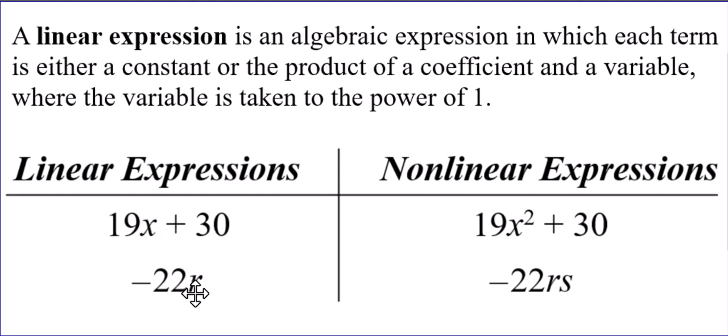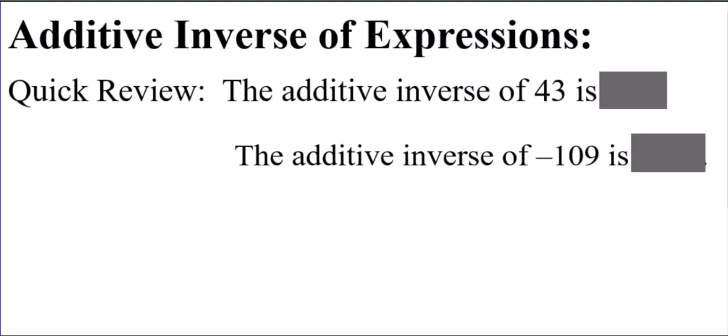Here we have negative 22r. That is a single term linear expression, only one term, and it is a coefficient times a variable. But over here we have negative 22rs. Notice it's a product of two variables, which is not part of what the definition said you could have for a linear expression. All right, now that we got that vocabulary out of the way, let's review another important vocabulary phrase,